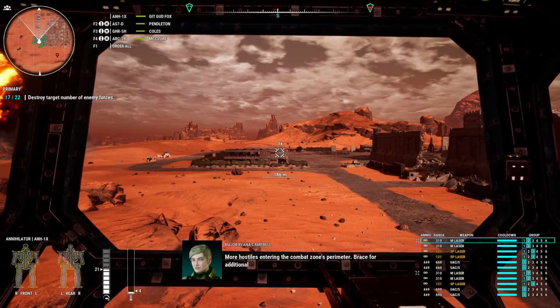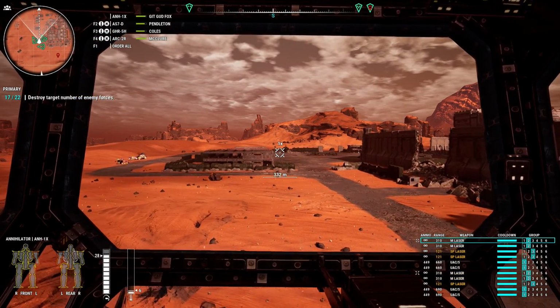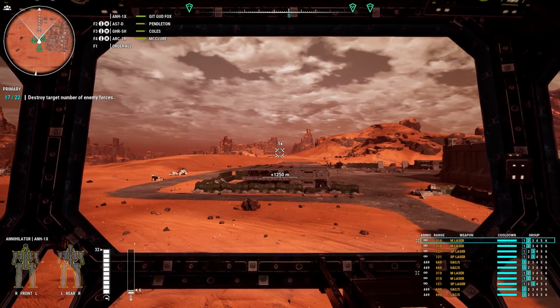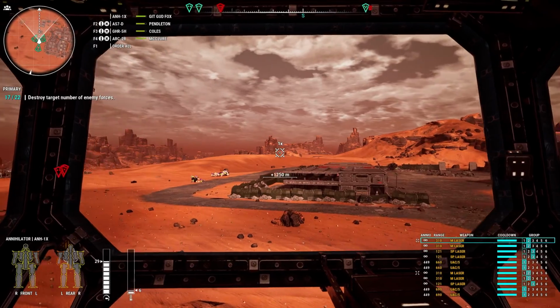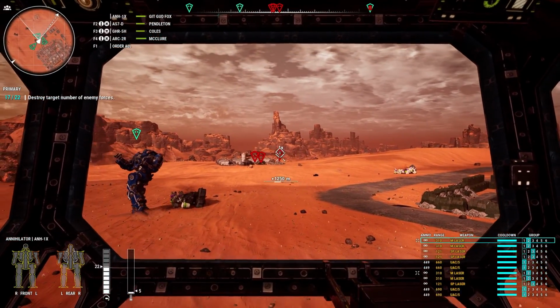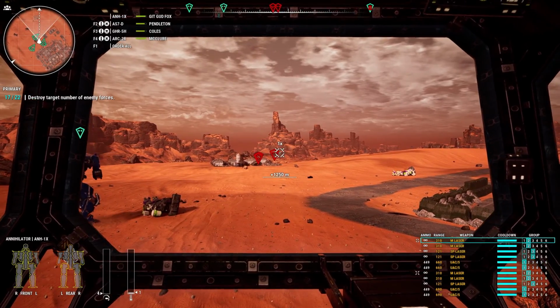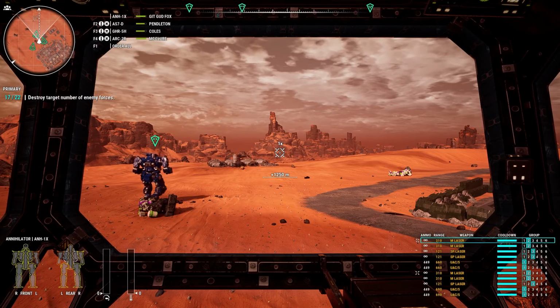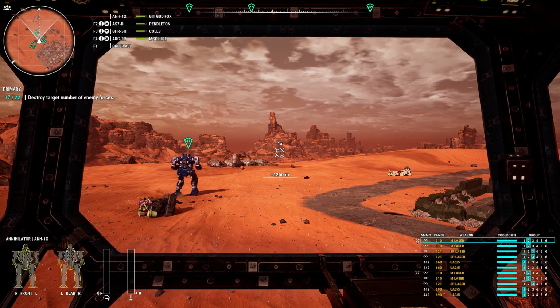Brace for additional contacts. So one thing I like about the Ultra AC-5 is I have the option to fire kind of steady and engage at a very long range. But if they start getting really close to me, that's when I'm free to... It's almost like you're using a high-powered assault rifle. You could fire at a burst rate at long range, or when they get closer, you can kind of hold the...